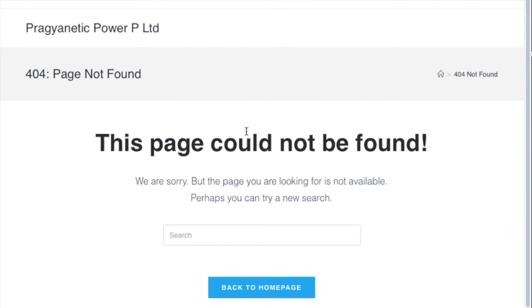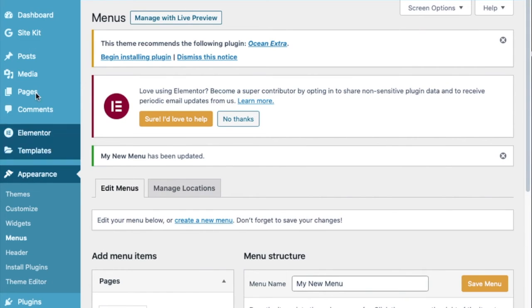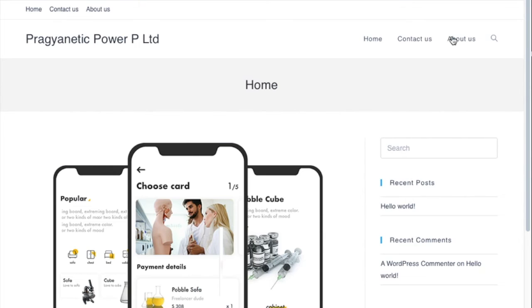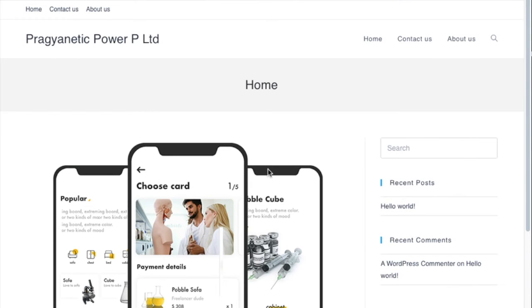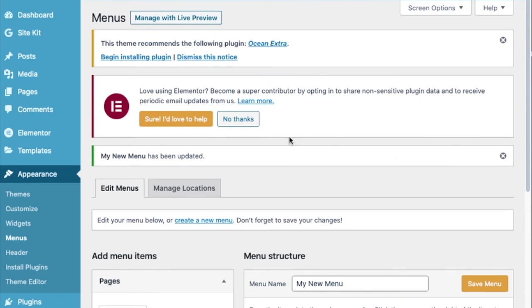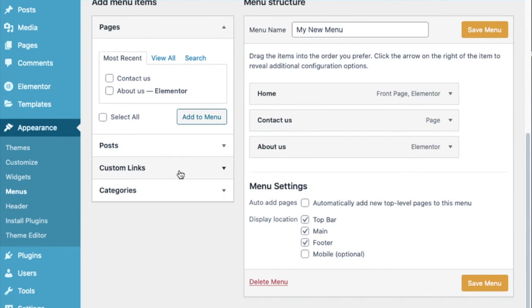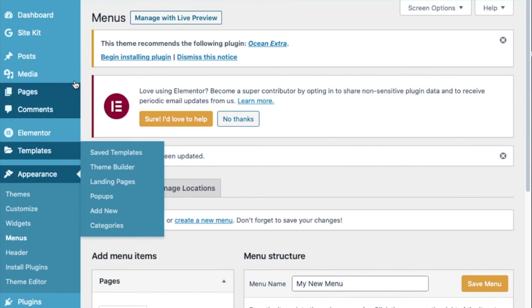Will be displayed now surely. So you can also add your site favicon in the site identity only. So here our pages are created at the top bar and in the footer also. So you may also ask it to create it in the main page or all the pages which you desire to add.